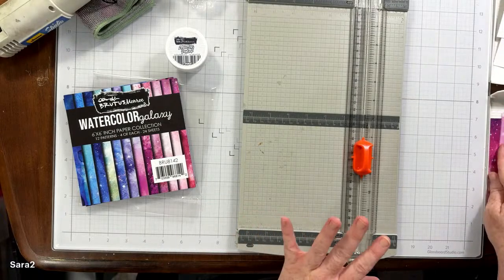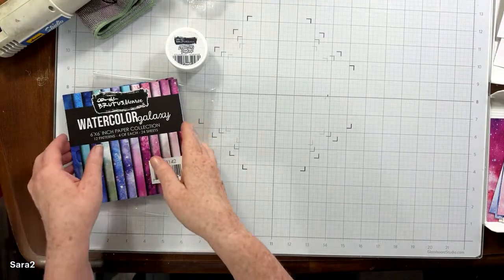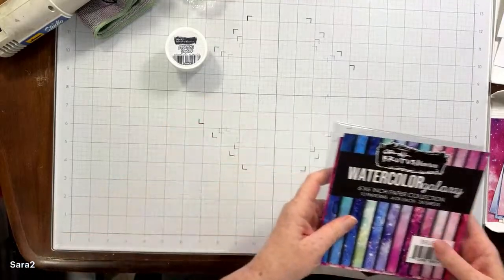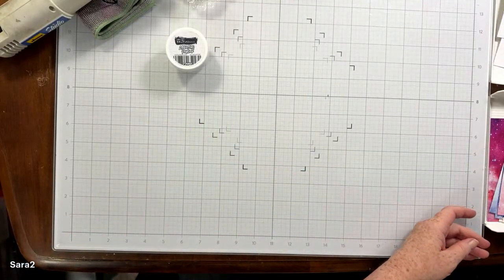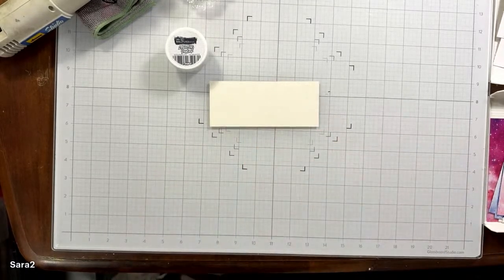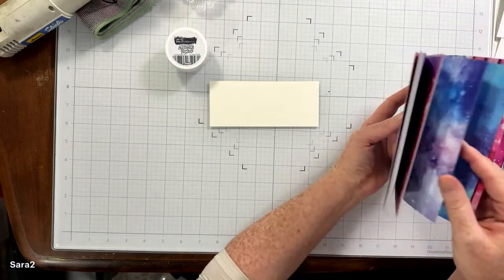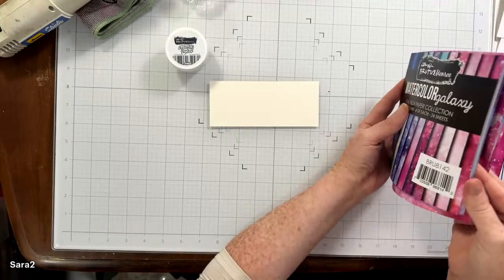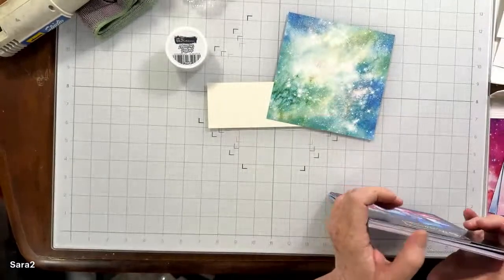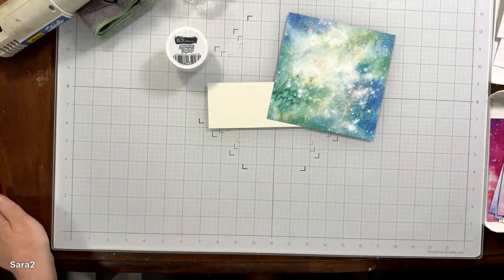So I'm going to stop with the strips there. I'm not 100% sure. I might need a couple more, but for now, I think we're okay. So I'm going to leave my paper pad open and off to the side. No, I'm not. I'm going to grab one more sheet of paper here. Where's that one? That's green. That's the one I need. This one. Okay, so